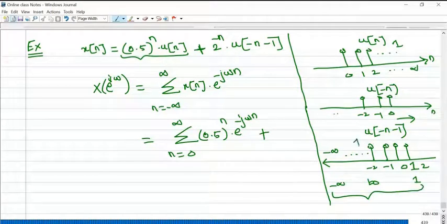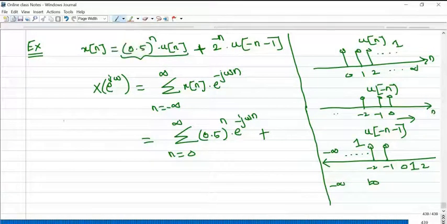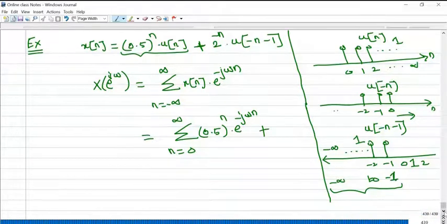Your magnitude of this signal is 1. That is the meaning of u of minus n minus 1. Sorry, still I am making a mistake. Minus n minus 1. Okay. So up to this minus 1. Okay. Minus infinite to minus 1. This is the correct one. Otherwise, I suggested in unit 1,